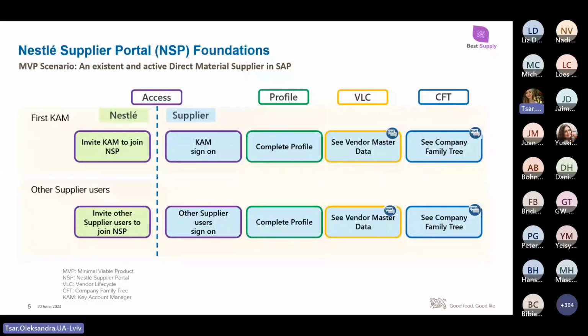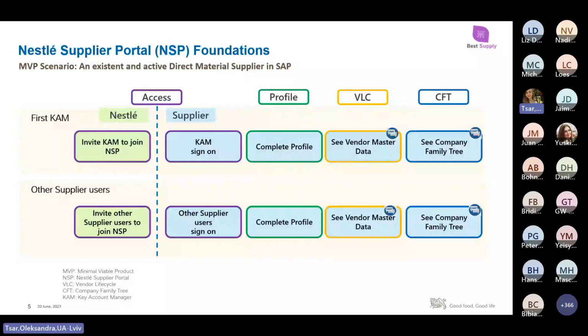So to summarize, more people need to be onboarded from your side inside the portal to have visibility on all the information, and also to be able to perform the different activities for which they are in charge. There are actually two ways you could do this. The first one is also by invitation from the Nestle side, but in this case it can be done not only by procurement, but by some of